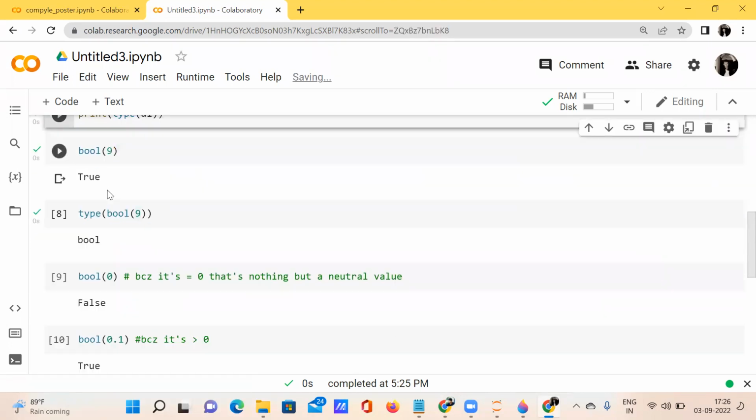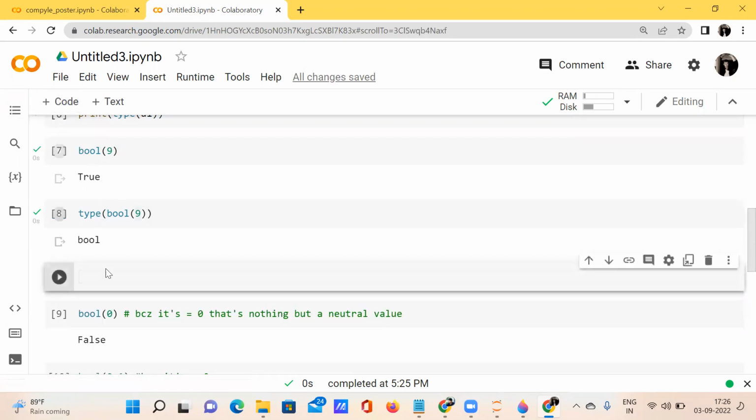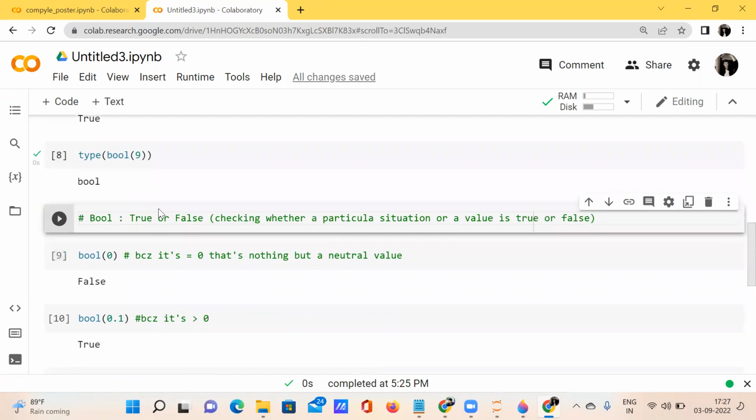Boolean means true or false. Nothing but checking whether a particular situation or a value is true or false. See here, Boolean is nothing but checking a particular situation or a value whether it's true